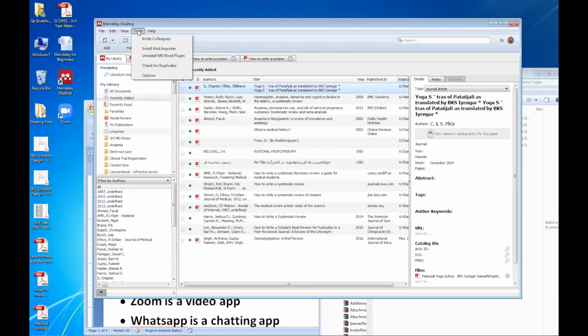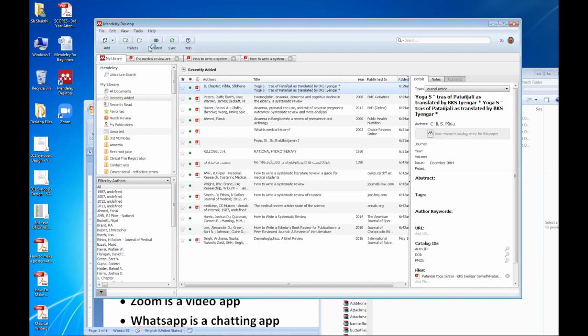Now, go to the tools bar and you can press a button called Install Web Importer. This is what I first showed you. And I already have the MS Word plugin installed, so it's asking me for an uninstall option. But if you don't have it installed, it will show you Install Word plugin.